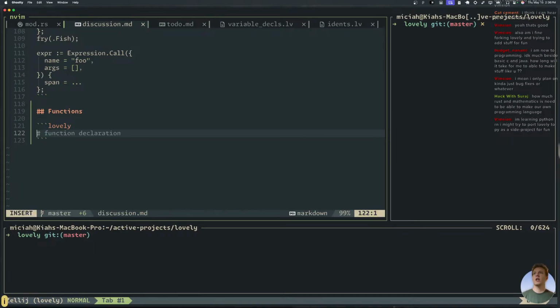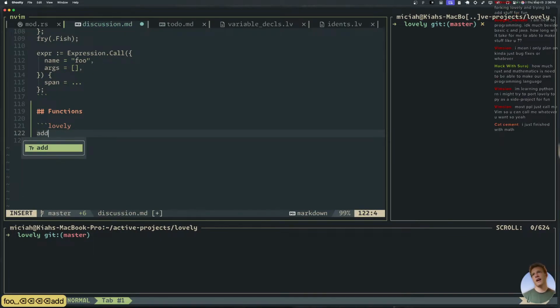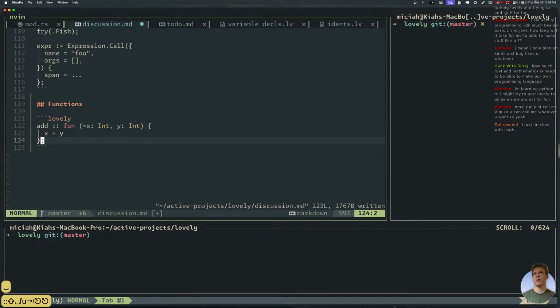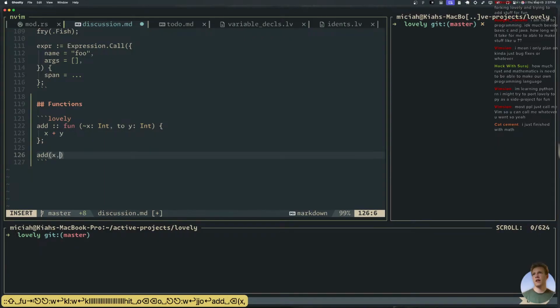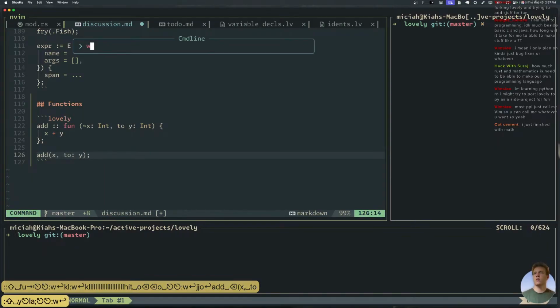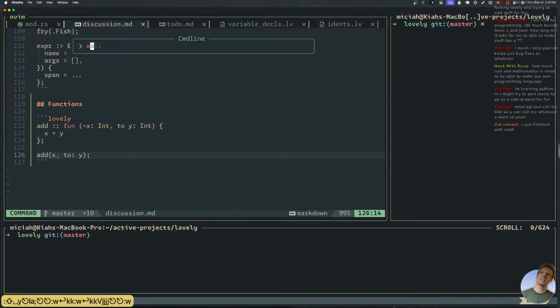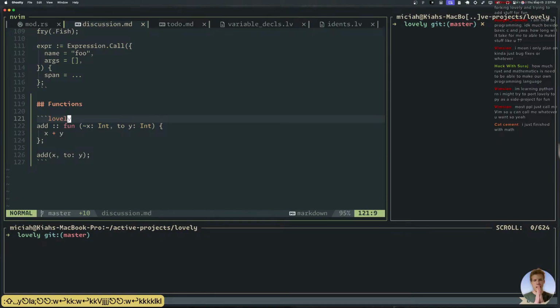So functions here. If I have something like foo, or let's say add as a fun right here, and then we call it down here, add x to y. So if we have something like that, then